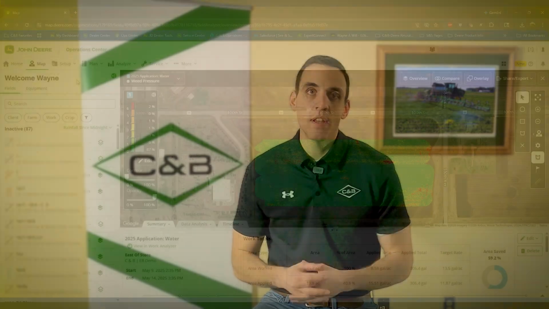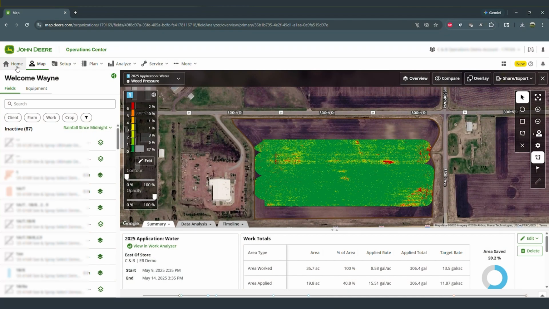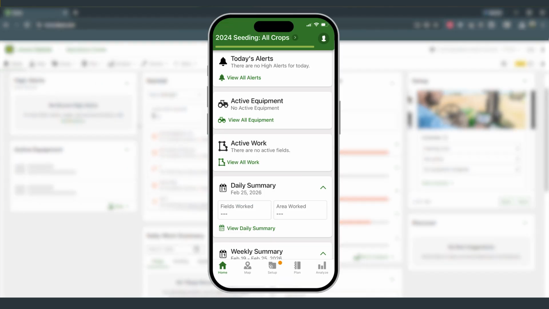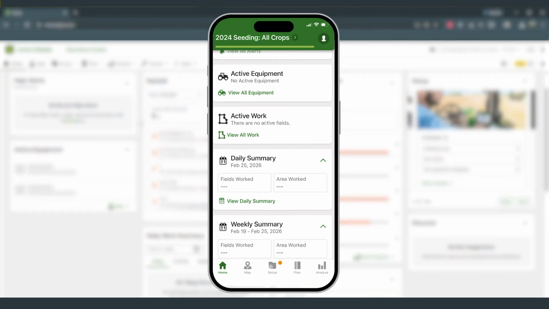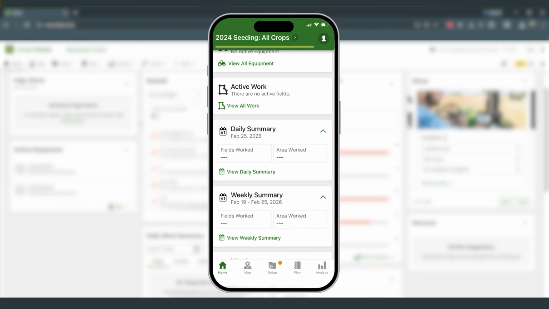So coming out of the post-season review and planning for the next season, we're going to move into what we can do to monitor the performance of our machines and our chemistry usage in season. So when it comes to that, there's a few different resources we have available to us through the Operations Center web, as well as the Operations Center mobile. This is going to be our home tab on the web and the home tab in the mobile application. It's going to give us all the updated machine information, as well as performance metrics related to the field operation